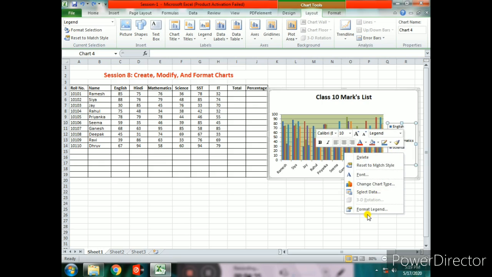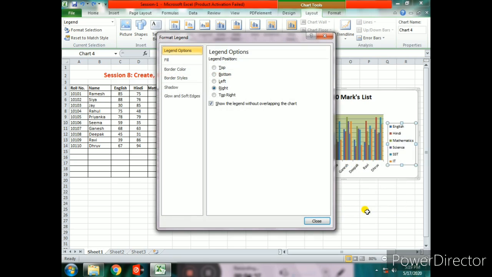Right click on the legend and choose the format legend option. Now we have so many options. We can choose any option and change the legend.